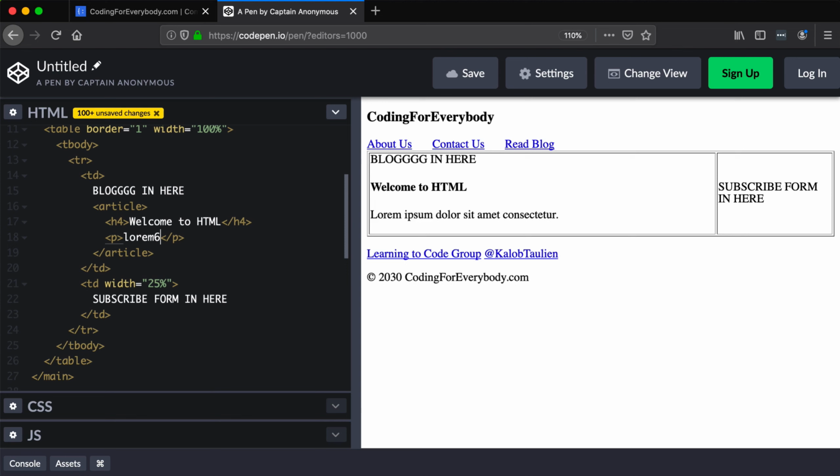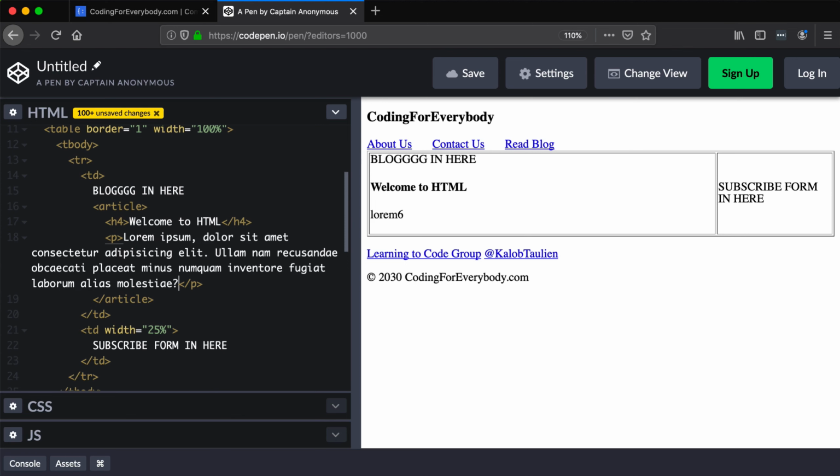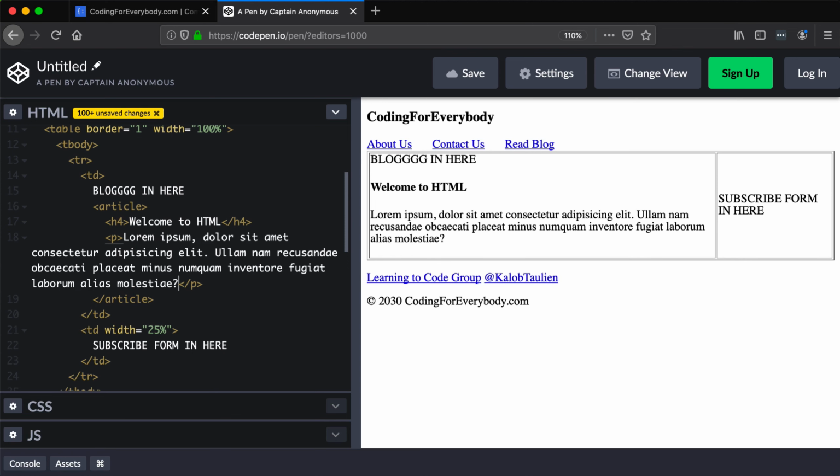Fills it with 6 words. That was not actually enough at all. Let's do 20. 20 lorem words. Okay, that's better. And then also, let's go ahead and create another paragraph, but this one's going to have a